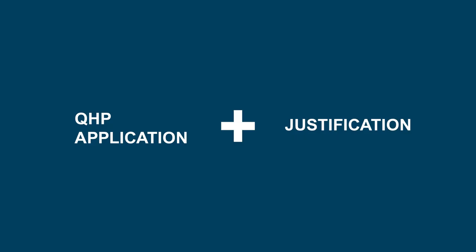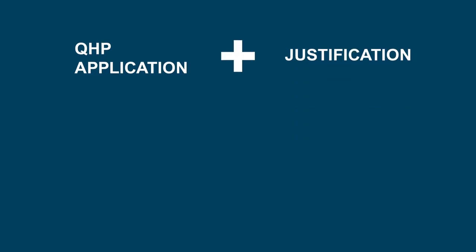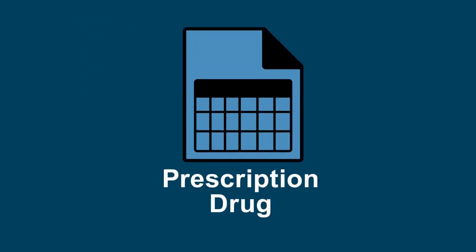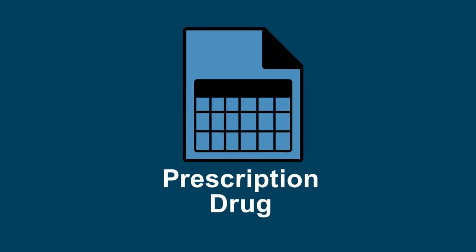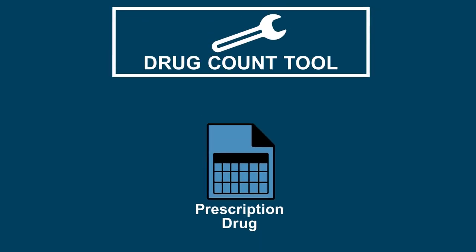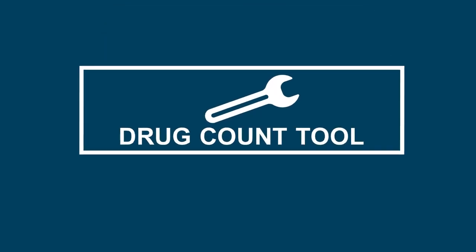Once the errors that need to be corrected are identified, issuers will need to correct the data in their prescription drug template. Issuers should open the template, add the appropriate RxQEs, and validate and finalize it. Re-import the updated prescription drug template into the Drug Count tool. Rerun the tool, and repeat the review process until the tool shows there are a sufficient number of RxQEs in the categories and classes for which issuers do not plan to submit a justification.